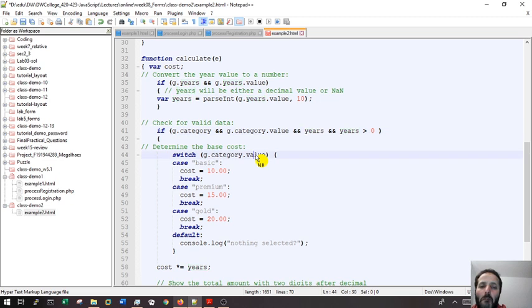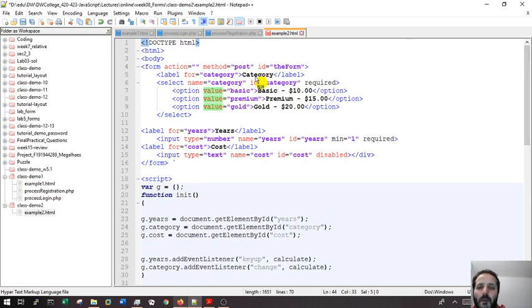Based on the value that we get from the category, we do this. Either the cost is 10, 15, or 20, and multiply with years. Why do we do this? Because our category.value is this: basic, premium, go. I could really use 10 here, but never mind. So 10 here, 15, this will be better, or maybe for whatever programming you are doing. So 20,